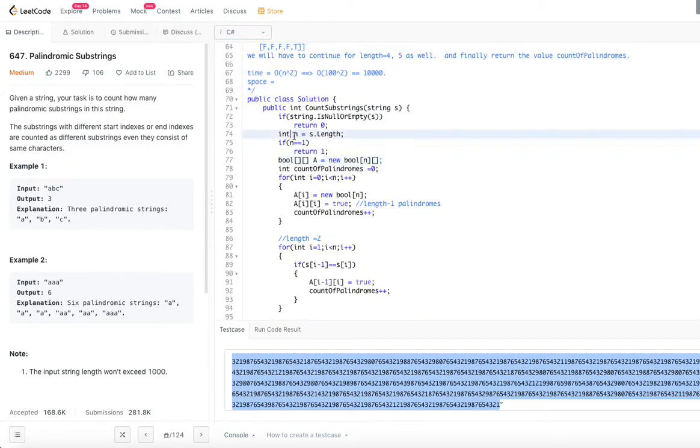Since n and count of palindromes are just variables, we can probably ignore them, and the main space consumption is for this Boolean array, which is order of n by n, so order of n square. So this algorithm is order of n square space and order of n square time.